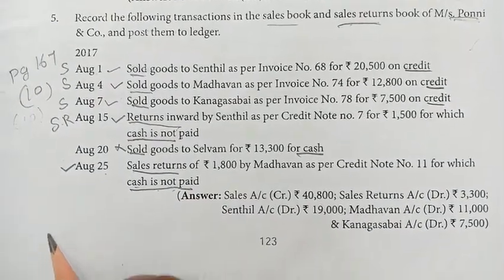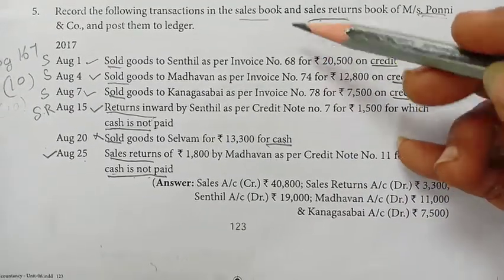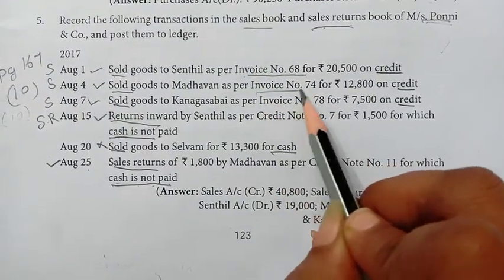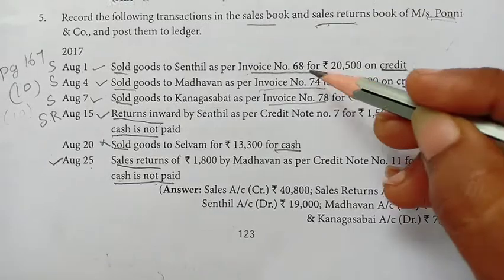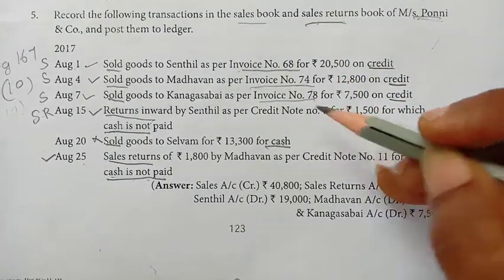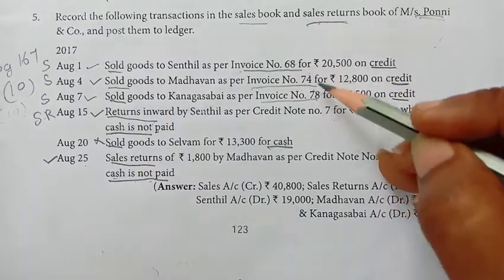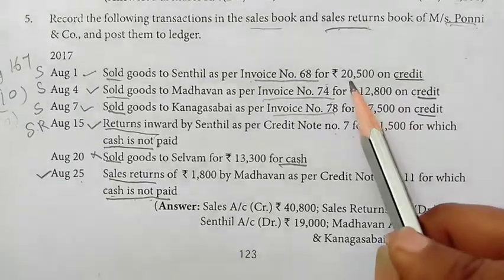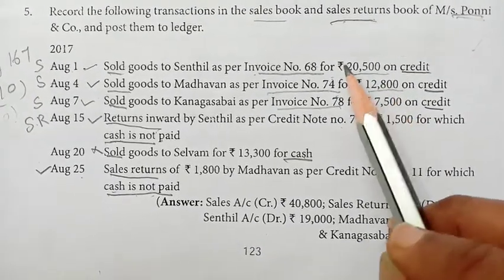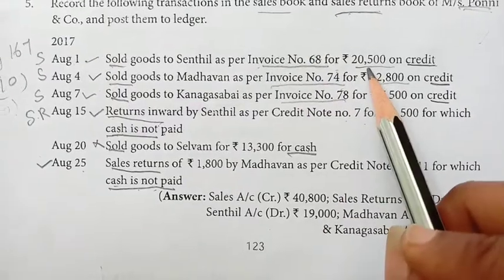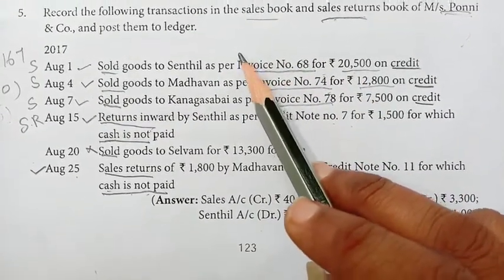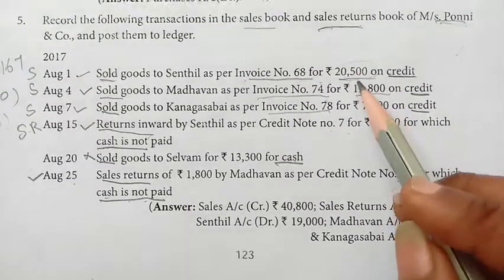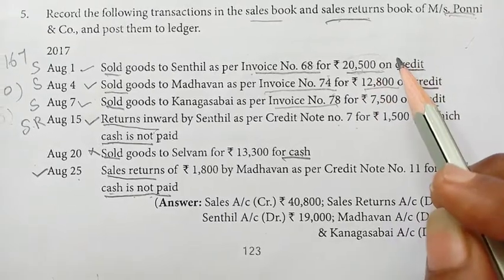So we'll start. And one more thing, we have seen in the last sum there is no invoice, but in this sum you can see the invoice numbers. So in the invoice column we are going to write all these numbers. And the sales return, we'll write these numbers as credit note numbers. And also they have given the amount directly. There is no rupees rate, only the total amount. How many pieces and all, they did not give. So the multiplication won't be there. You go and post the amount in the amount column.